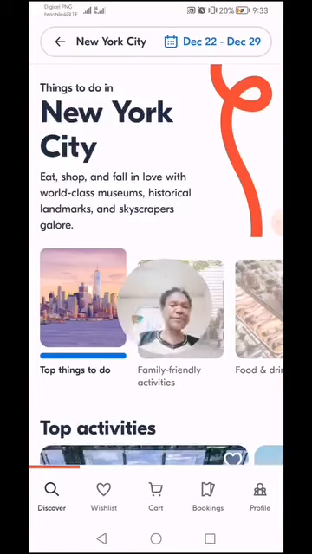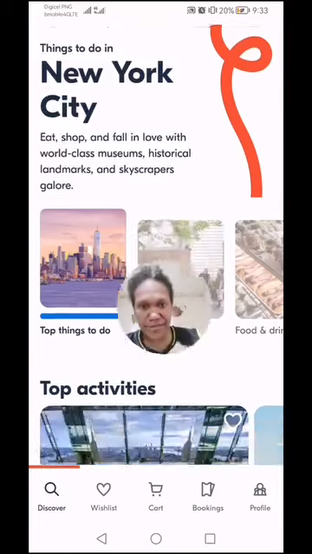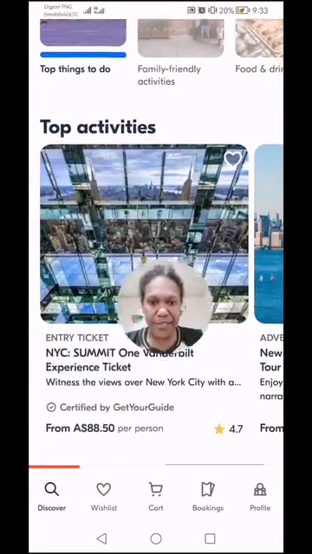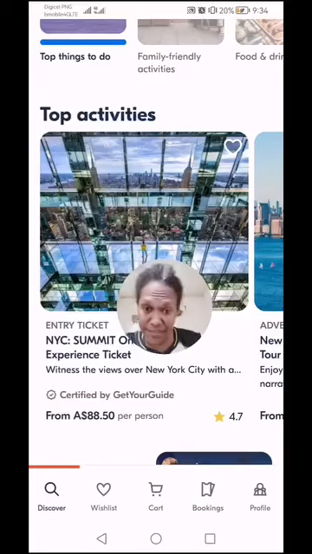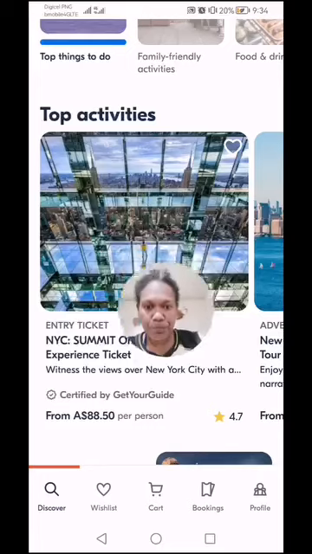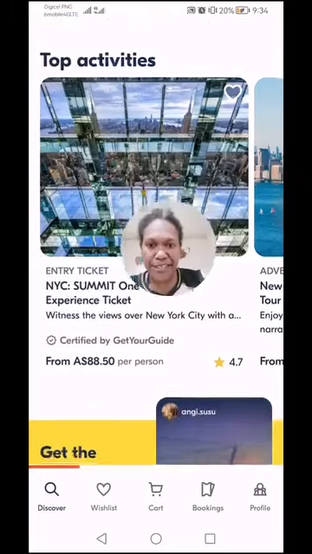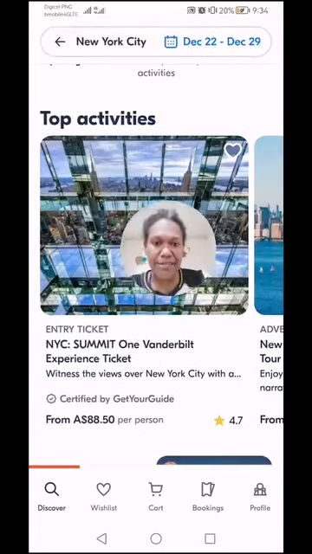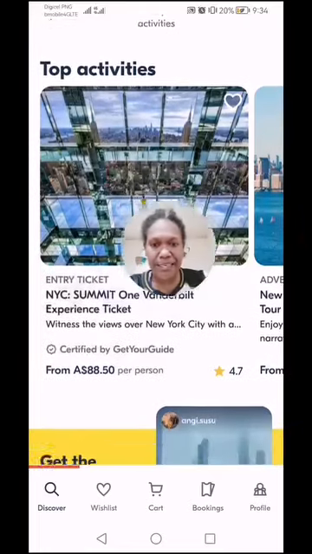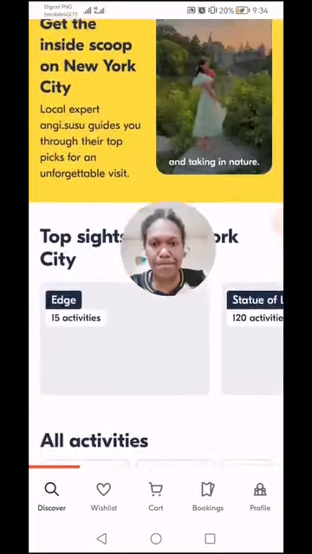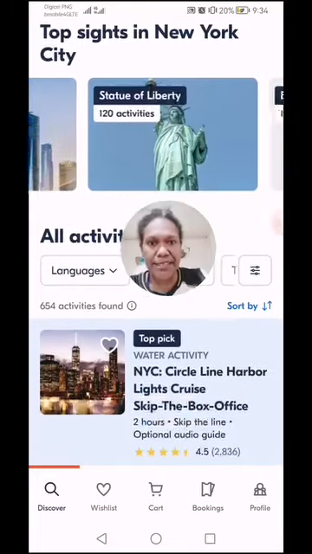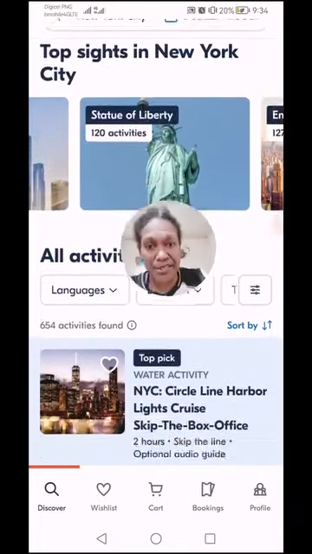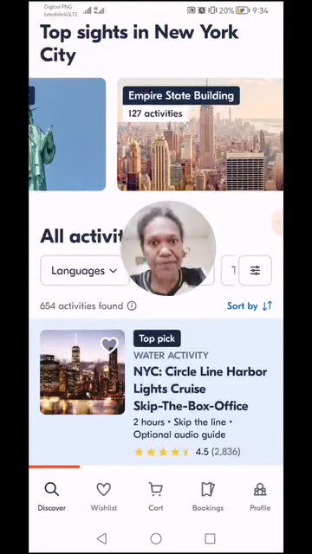Once you put in the specific date window, then they show activities or tickets. 10 gorgeous things to do in New York City. Hi, I'm Angie, a traveling fairy and New Yorker, and here are some of my top picks in the Big Apple. 1. The Edge. It can get crowded here, especially at sunset, but the glass-walled views are just unbeatable. 2. Central Park. Enjoy skyline views while lounging around the lush lawns and taking in nature. 3. Brooklyn Bridge. For the Statue of Liberty, there are 120 activities that you can choose from.